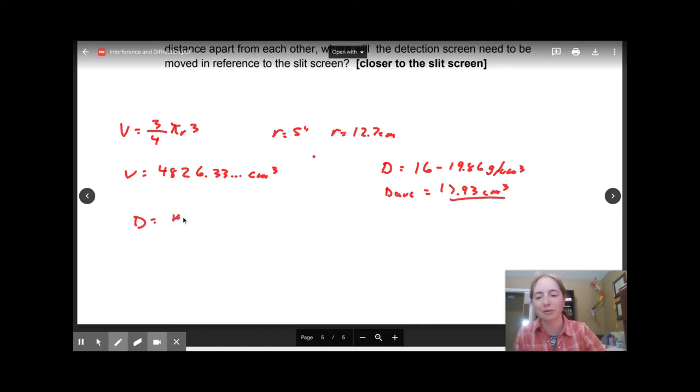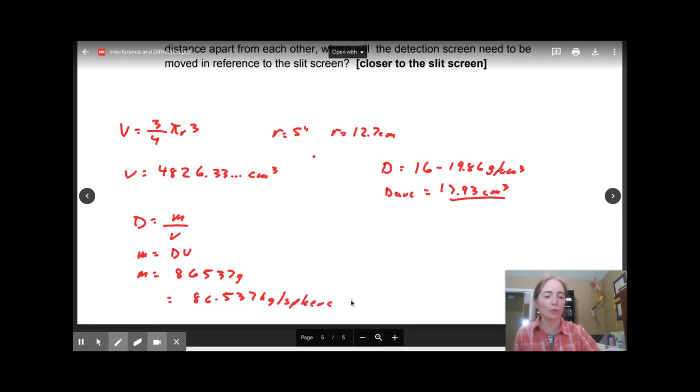Well, your density is equal to mass over volume. Mass is equal to density times your volume. So I took this number, multiplied it by this number, and I wound up with a mass for one of these spheres of 86537 grams. Well, that's annoying, so I converted it to kilograms. So we have 86.537 kilograms per sphere. Well, there's 3 of them in this briefcase that Tom Cruise is toting around like a goof. So I multiplied that by 3, and we are going to get